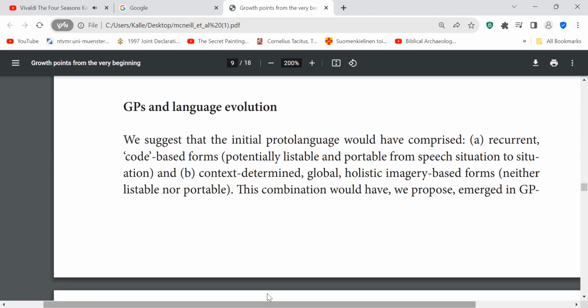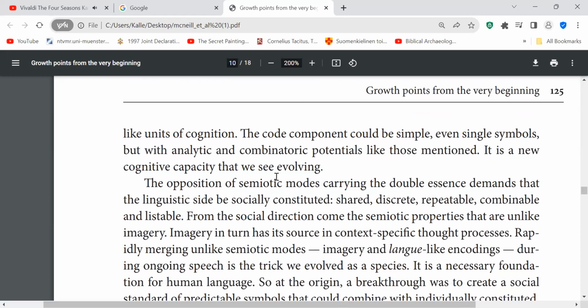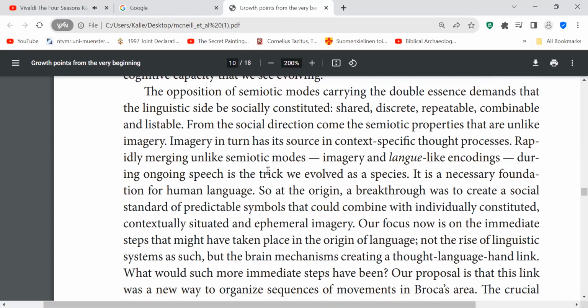This combination would have, we proposed, emerged in GP-like units of cognition. The code component could be simple, even single symbols, but with analytic and combinatoric potentials like those mentioned. It is a new cognitive capacity that we see evolving. It is new, never seen before, and we see it evolving. The opposition of semiotic modes carrying the double essence